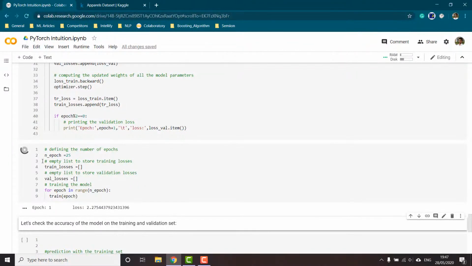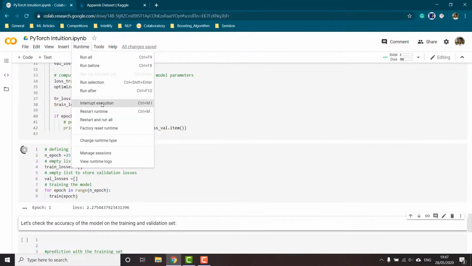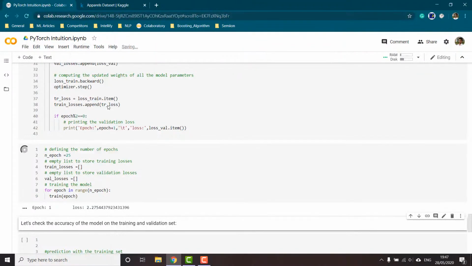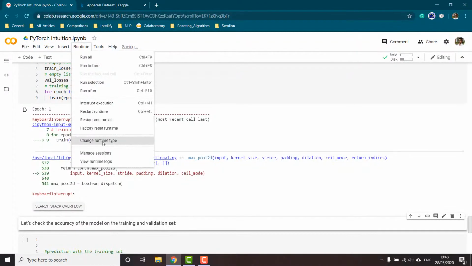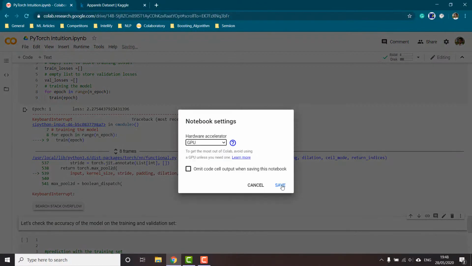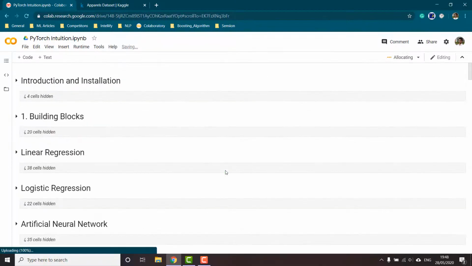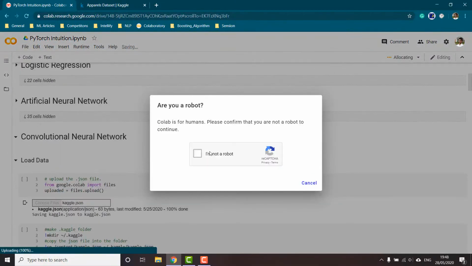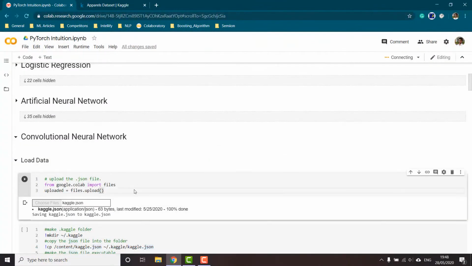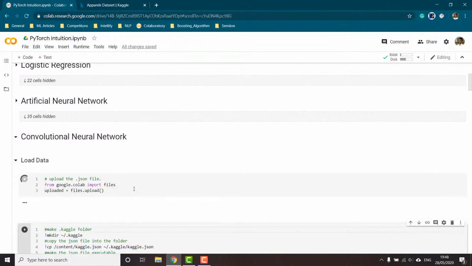Now I'm just going to terminate this. I will change my runtime to GPU, and then I'm going to run all these steps once again to show you how much faster our model trains while we are computing on GPU.